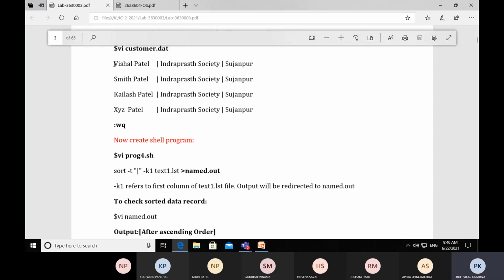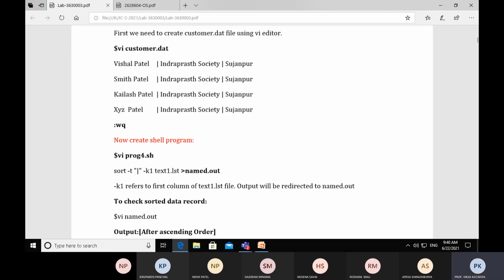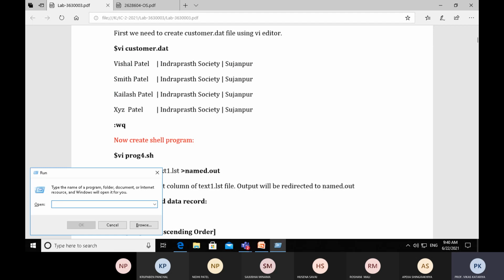Now our text database is already created. Now we have to apply the sorting on that file. So let's perform the practical. First we will create the date file. Connect to our Linux server by typing telnet space IP address of our Linux server. Now I am connecting with my Linux server.